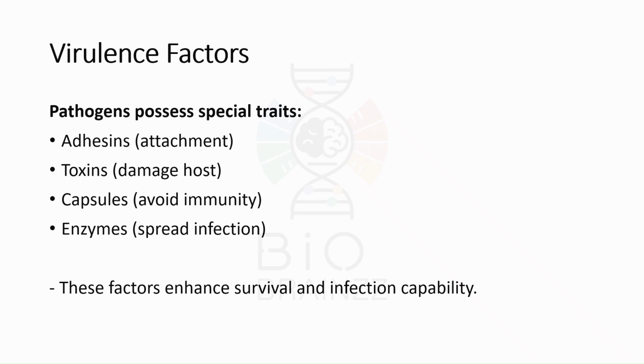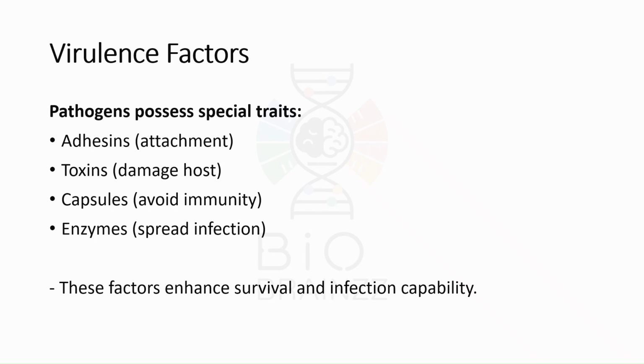In addition to structural components, pathogens also produce toxins and enzymes that damage host tissues and facilitate the spread of infection. For example, toxins can disrupt normal cellular functions, while enzymes can break down host barriers and allow deeper invasion. The presence and strength of these virulence factors directly influence the pathogenicity of a microorganism, making them an important concept